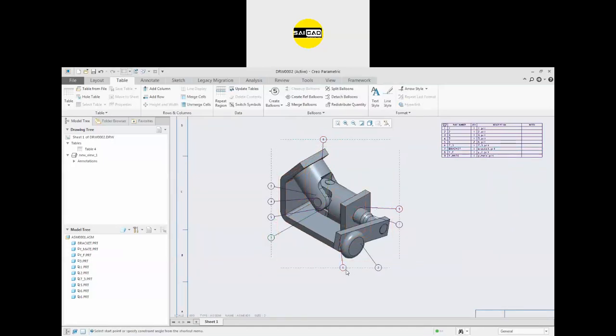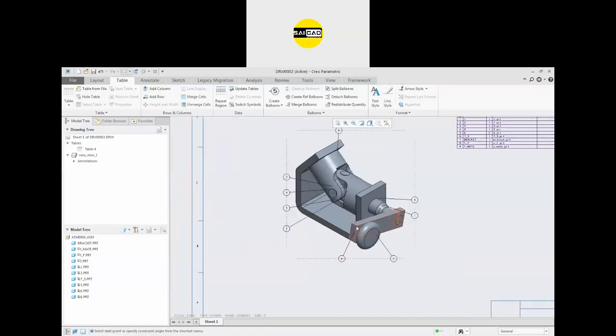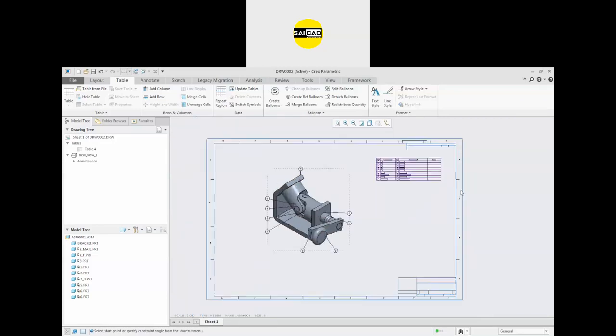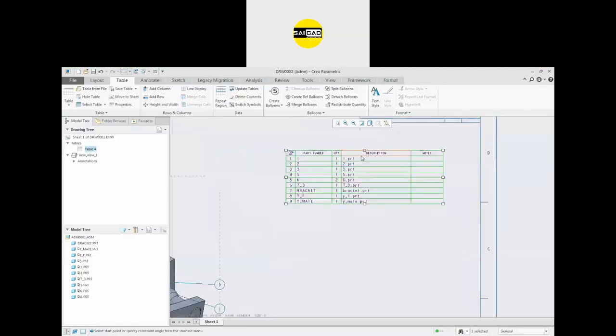Okay, so move according to your visual style or visibility. Move wherever you want to place that object. Okay. So this is the balloon and the bill of material. In this way you can create a drawing view directly. Here, any question?